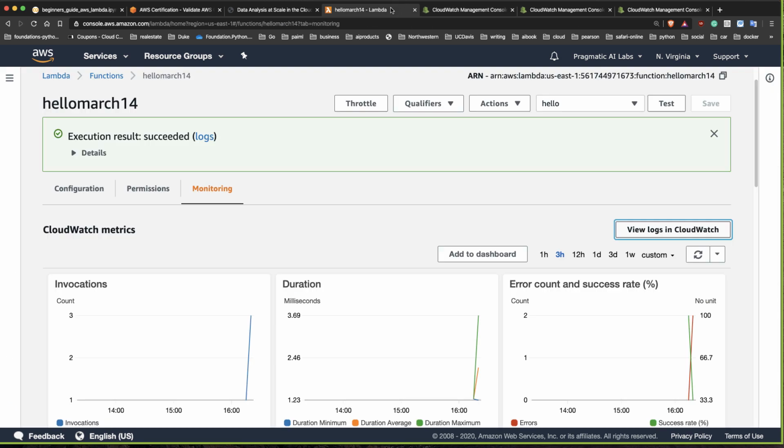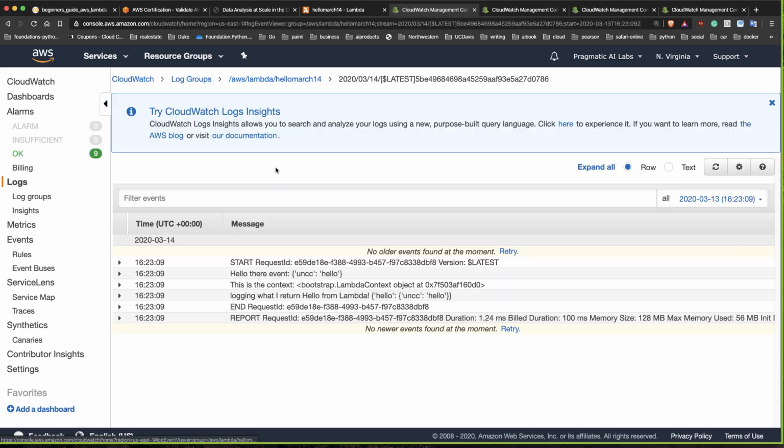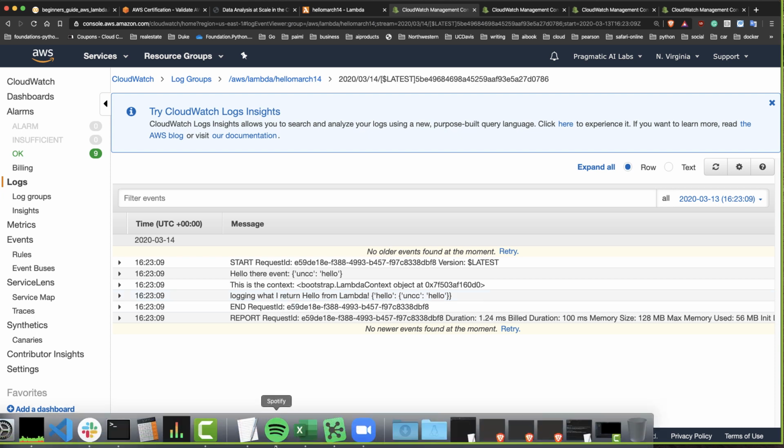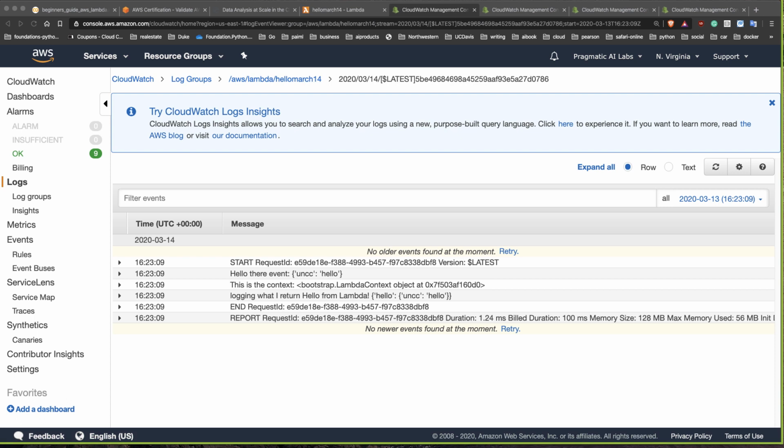Let's refresh this. I think I ran it. Let me double check, I can debug this last message. Here we go. Now I can see that it says something. So this is a good stopping point. So what I'm going to do is I'm going to